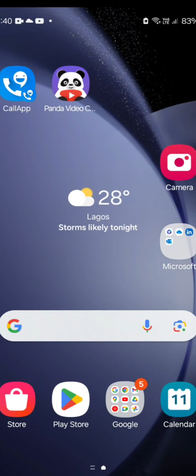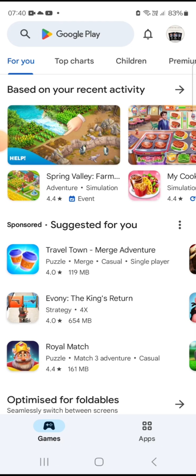The first step, go to this place they wrote Play Store on your phone. Play Store here. This one, Play Store. Click on it. When it opens, just go to here, your search,